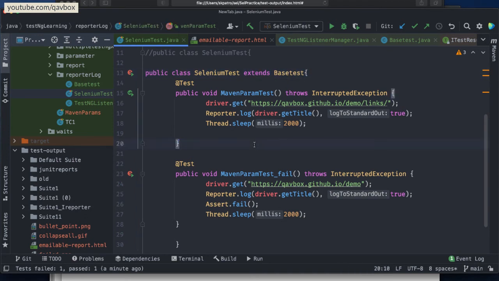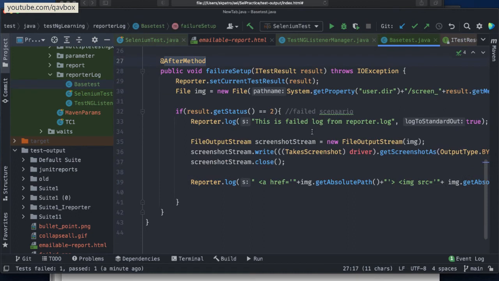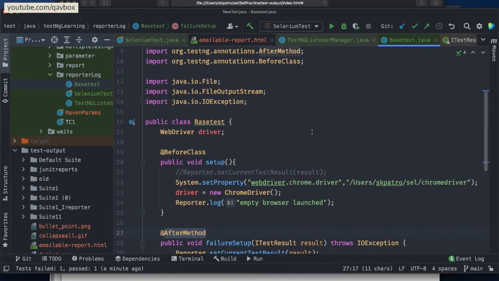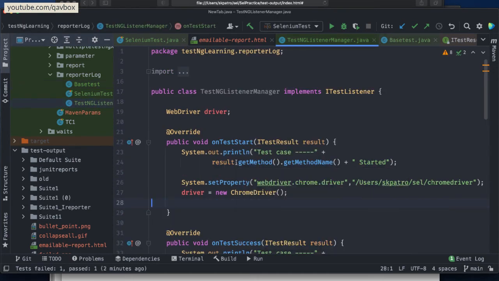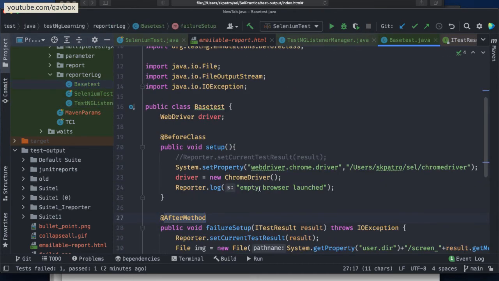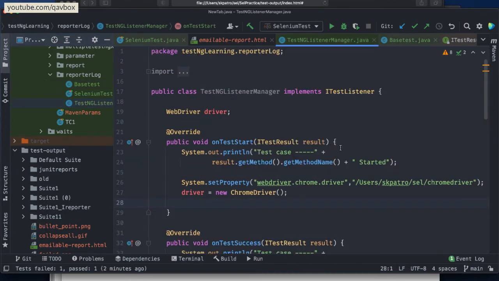There are two ways people create their Selenium framework with TestNG. Either they use the TestNG annotations, like before test, after test and all those things. Some people say no, I want to make it differently, and they will use the TestNG listener. So either you can use the TestNG annotations or you can use the TestNG listener. Now I'm making it two ways. So whichever framework you are doing, don't do the way I'm doing.